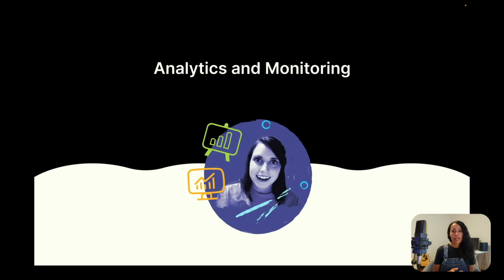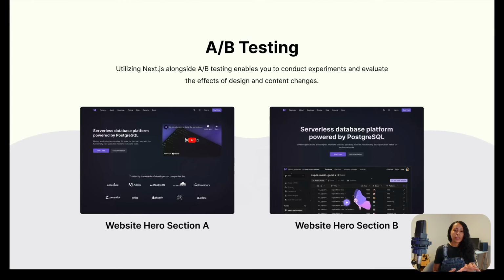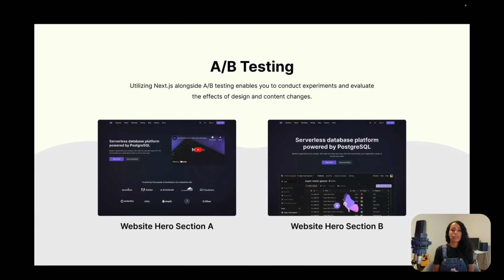And by doing this, we can ensure that search engines can easily categorize and rank our content. Analytics and monitoring can help startups to track user behaviors, troubleshoot issues, or make data-driven decisions. At Zeta, we are now conducting a few A/B tests. As you can see here, one of the tests is we are trying to find out which hero section works better to increase user signups. And we created this with Vercel and Next.js. And A/B tests are really a cool thing to do for your startup if you want to make data-driven decisions.